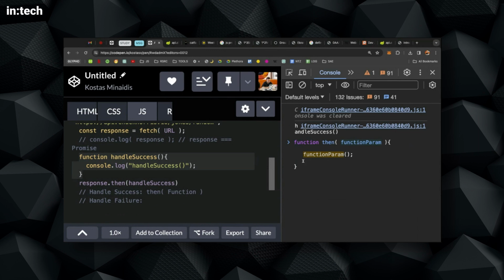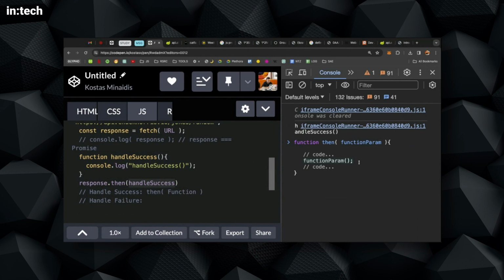There will be some code running inside the function body. And then at some point, line 1, line 100, whatever, it's going to call this function parameter. Since this is a function, we can add parentheses, and then this code will be executed. This is what will happen: we call this function, we pass an argument, the argument ends up here, it's a function, and then we'll run some code that we cannot really see. So code here, maybe code here, and somewhere inside this then function,